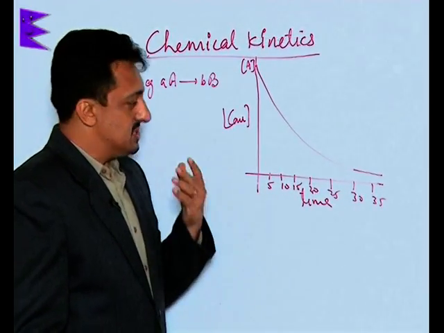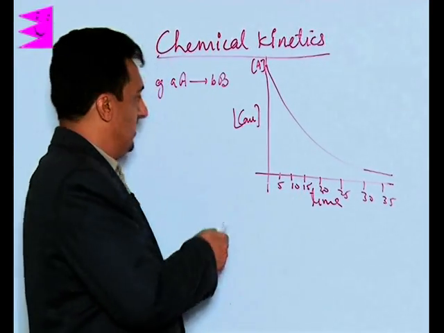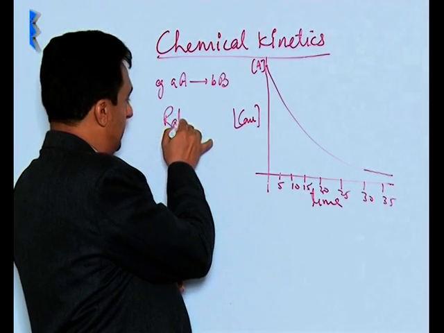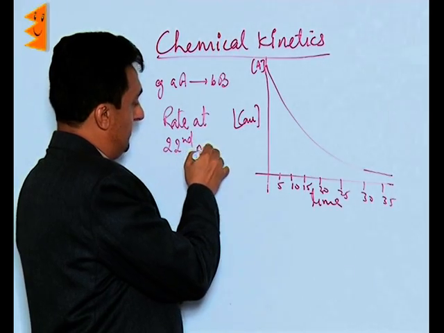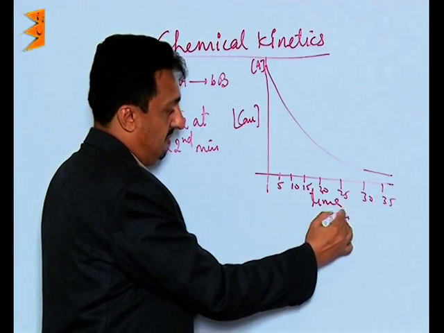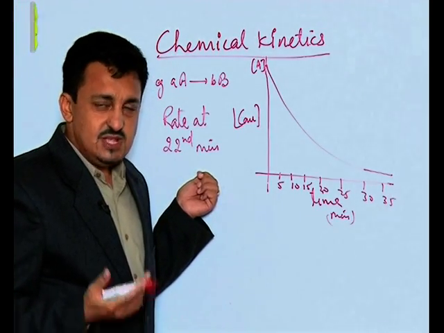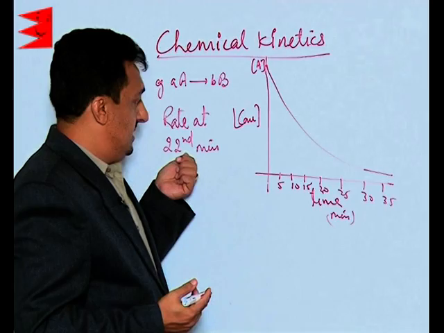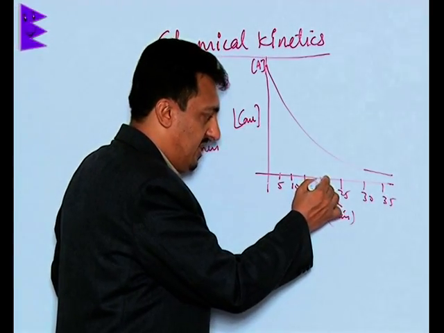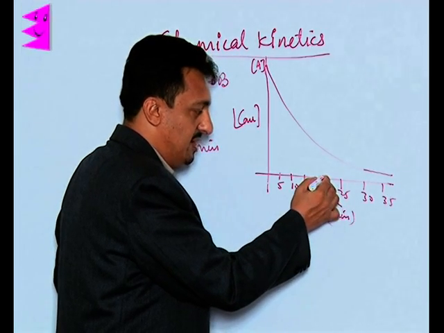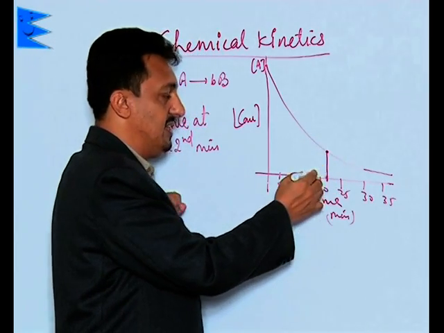But suppose somebody wants to know the rate of the reaction at the 22nd minute. Suppose this time is taken in minutes. We don't know because we do not have the data. So what will we do? We can find this by taking the 22 minute point and drawing a perpendicular, and at the place where it intercepts the curved line,